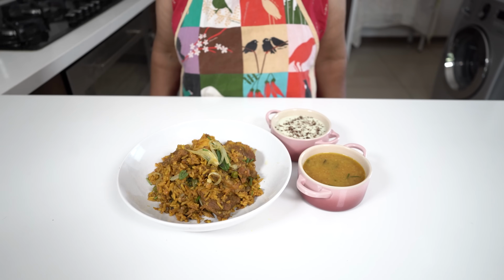This biryani reminds me of the December holidays when we used to be in Durban, where we used to cook a big pot of biryani and maybe go to the park or to the beach. That was good memories